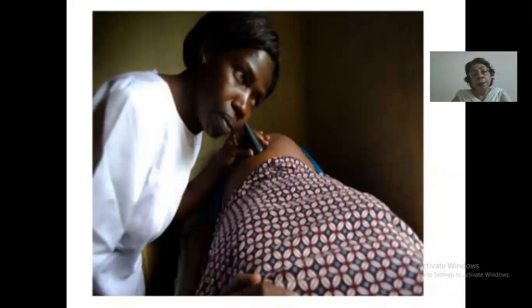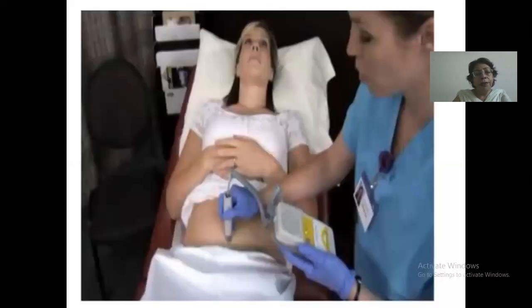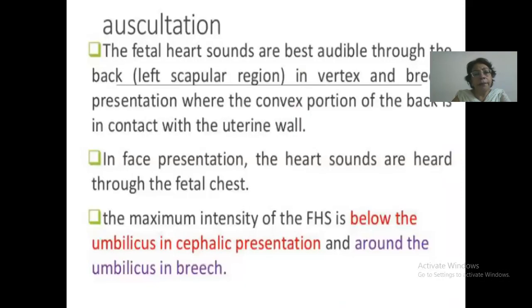Now, you can hear the fetal heart with the stethoscope. We use a Doppler nowadays, and this is the old one, the fetoscope, which is sometimes kept in your exam and you're not able to identify it. This is known as Pinard's fetoscope. Now, this is a Doppler, right? This doctor is hearing the fetal heart with the help of a Doppler.